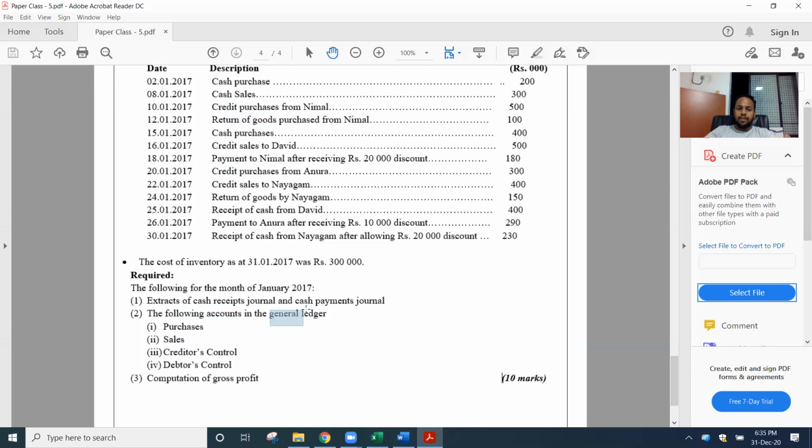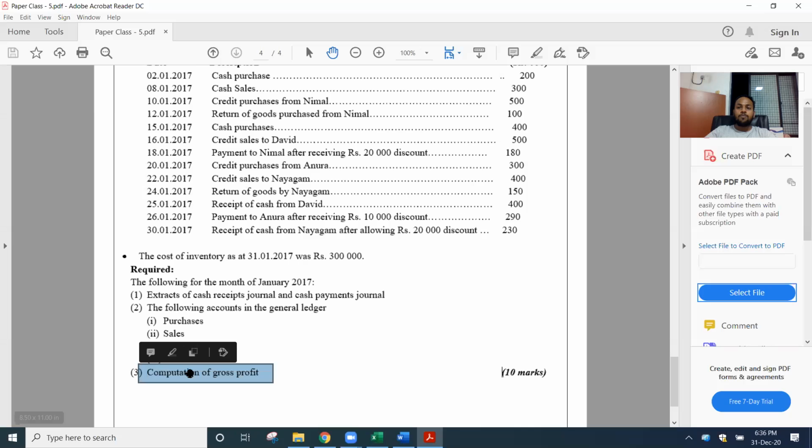So we know that there are two types of ledgers: general ledger and the sub ledger. General ledger, we have all the T accounts, the ledger accounts, assets, liabilities, income, expenses, and the equity. And the sub ledgers are prepared to show the individual accounts of debtors and creditors. So we mainly have two sub ledgers or two personal ledgers: debtors ledger and creditors ledger. So here they ask for the general ledger accounts, and also